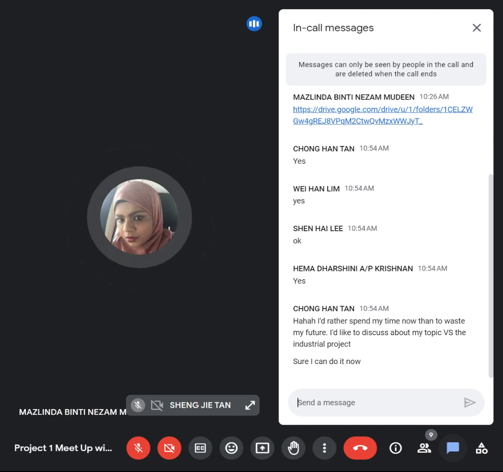Yeah. So in this case, both of your titles are more towards mobile application, correct? No matter if you select your own title or the industry project, both are mobile applications, so we are still sticking to the same platform here.